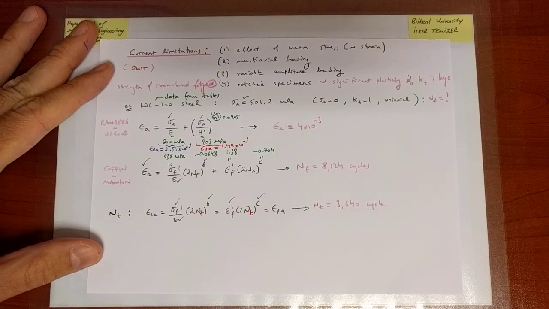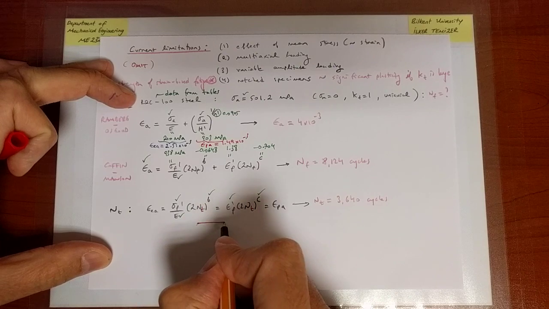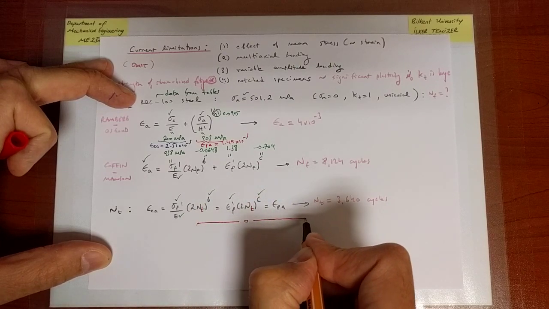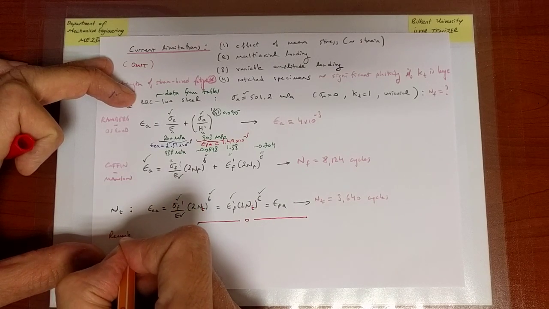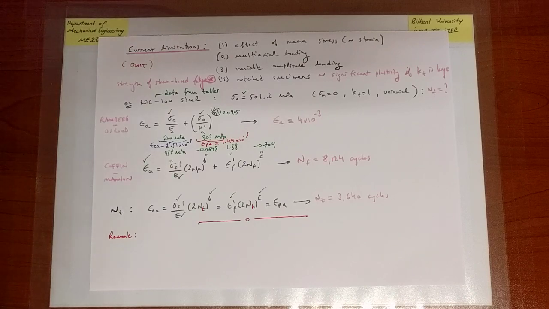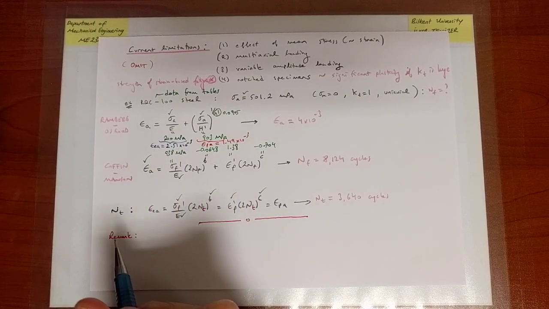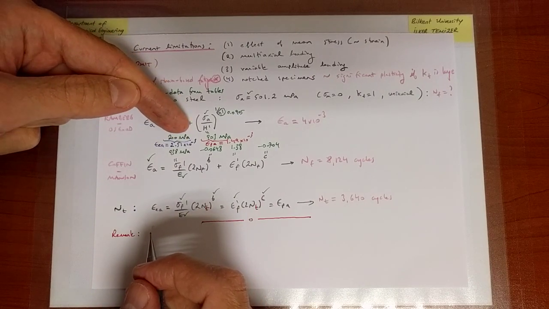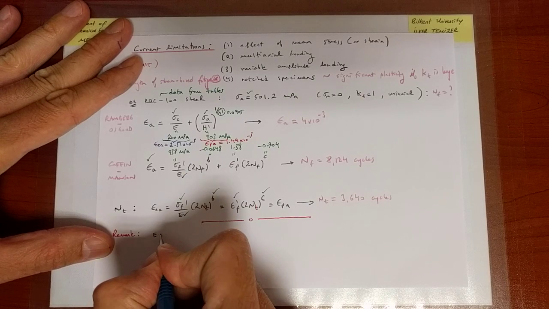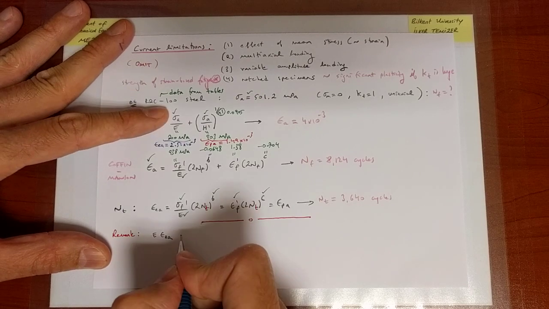And I will draw, let's say, a line here to make that observation, and it might be confusing at first, but let's say remark, and the remark is the following. Well, we discussed at various stages the elastic and plastic contributions to the overall strain, and when I look at the Ramberg-Osgood relation, this is the elastic contribution to the strain. Okay, so in other words, E times the elastic contribution to the strain amplitude is equal to the